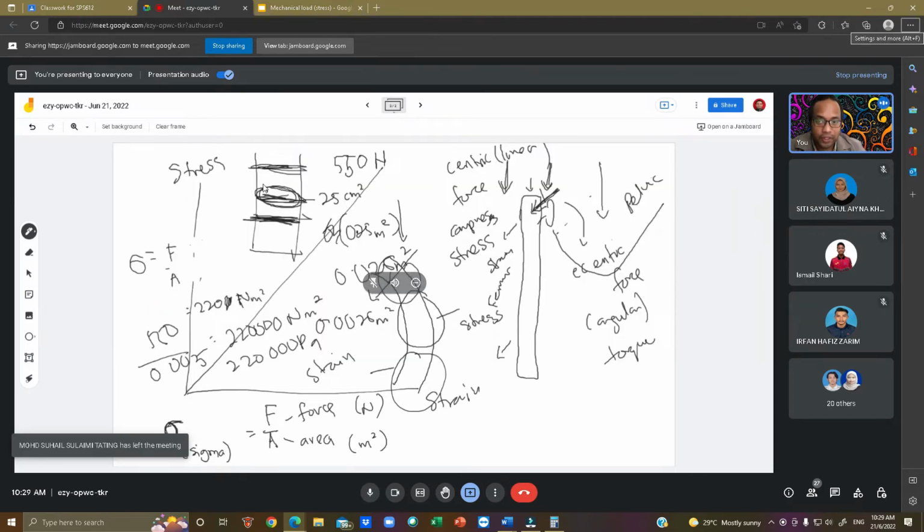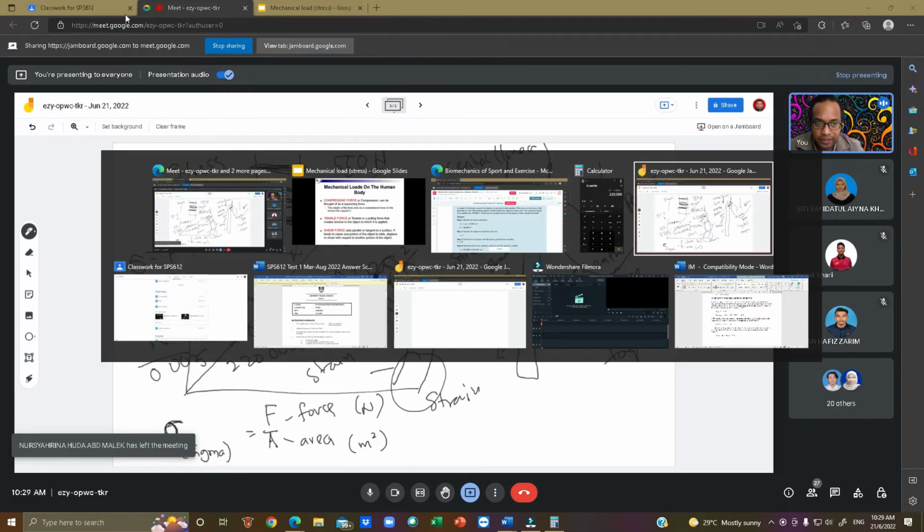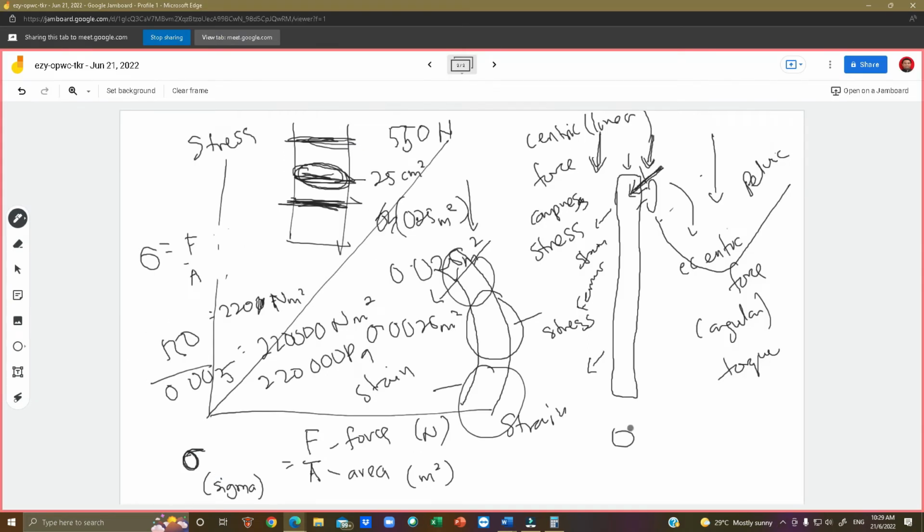Okay, ni contoh kalau kita nak tengok tekanan dia. So the formula for that will be sigma equals to force, internal force over area, and this area needs to be in meter square. Okay, bila kita nak tukar sentimeter persegi kepada meter persegi tu, please take a look